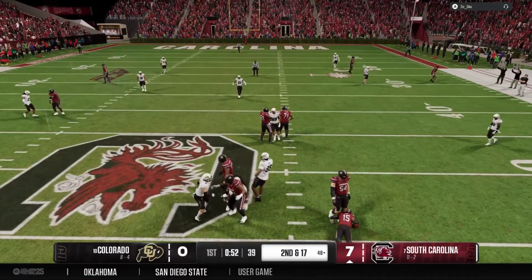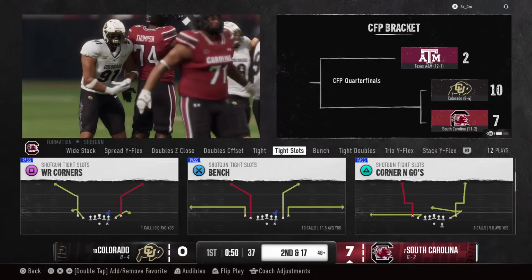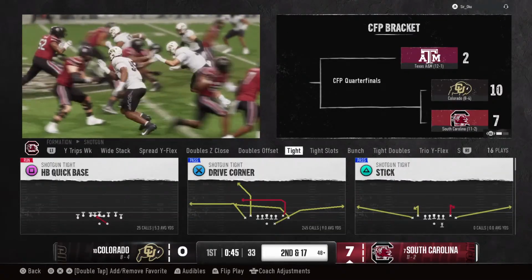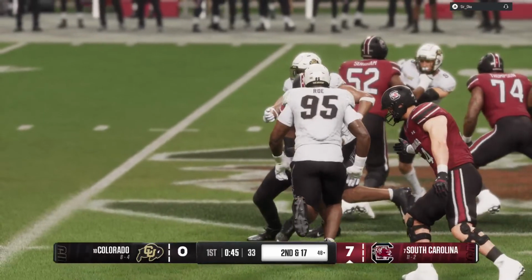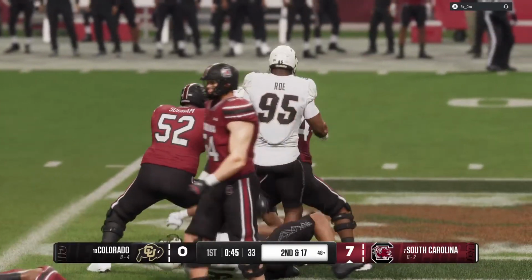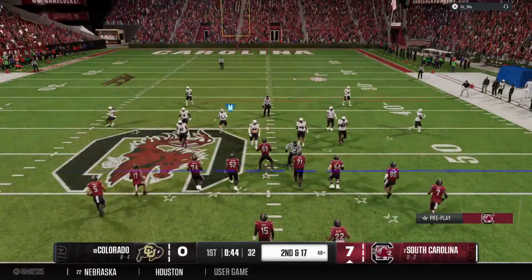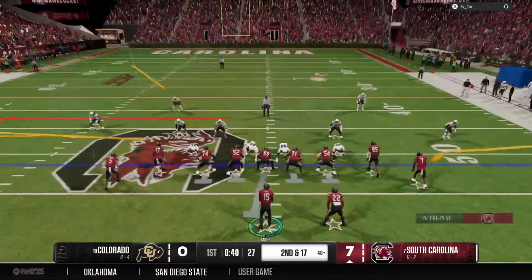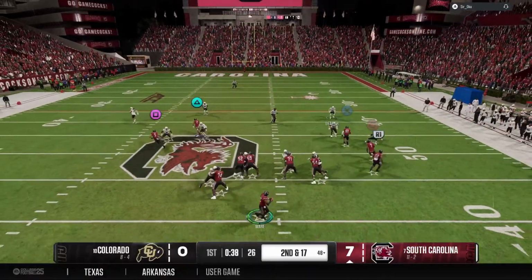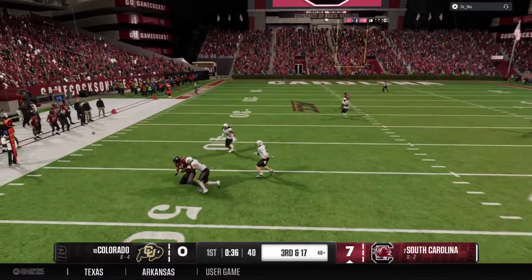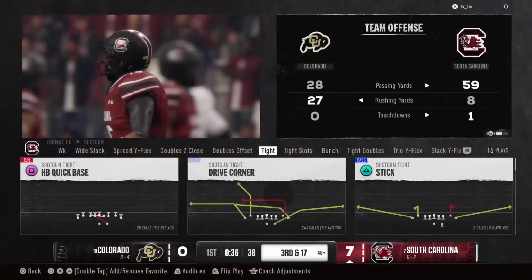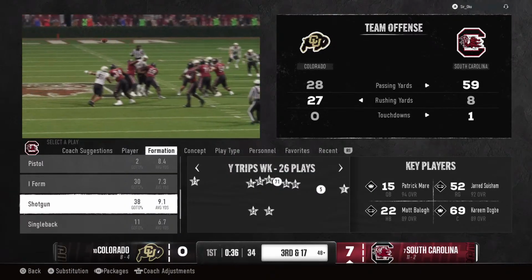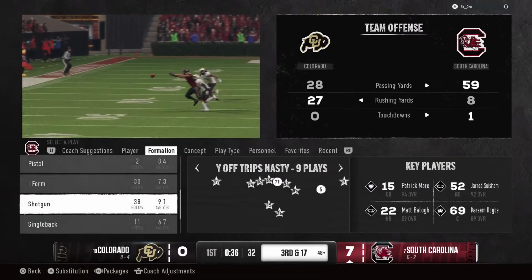Got him. He's sacked. That's a really nice job of bouncing back by this defense after giving up that big gain. This time they get the pressure and bring that quarterback down. After the sack on first down, it's second down. Here's the snap. Quarterback drops back. Oh, the quick throw falls incomplete. Well, this quarterback and his receivers have got to get on the same page. They've got to find a rhythm if they want to move the ball down the field.